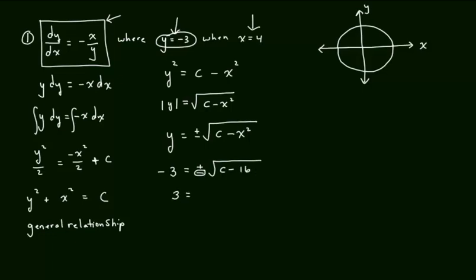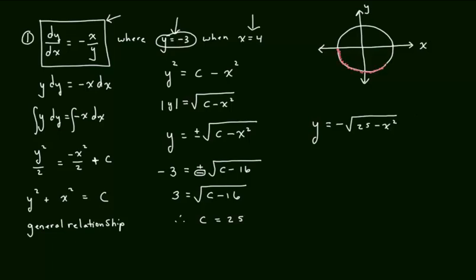From here, 3 equals the square root of c minus 16, and I conclude, therefore, c has to equal 25. So my solution to the differential equation, y equals negative radical 25 minus x squared. Again, that's the bottom half